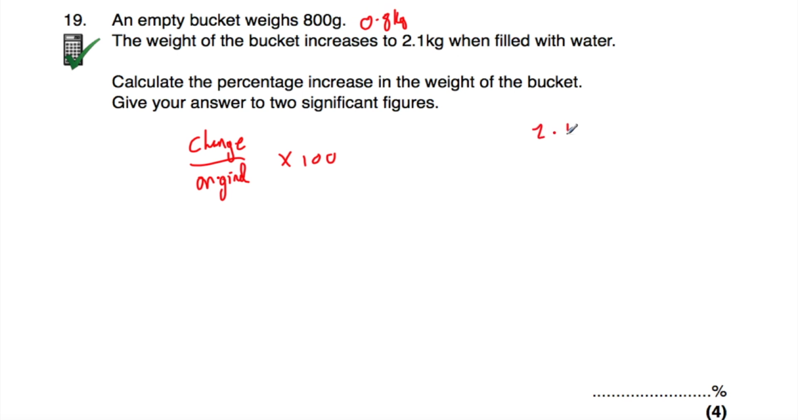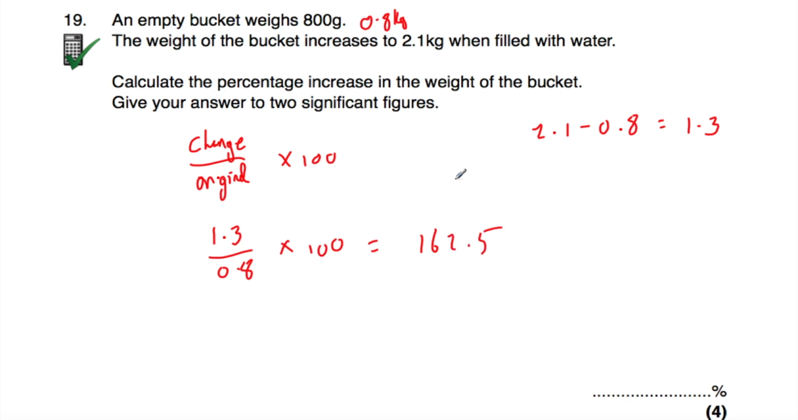So if we do 2.1 take away 0.8, that's equal to 1.3. Now it is a calculator paper, so you could do that on the calculator if you wanted to, but it's actually quite straightforward. 2.1 take away 0.8 would be 1.3. So change, that's 1.3, divided by the original. The original weight of the bucket in kilograms was 0.8, and then times 100. So we just need to do 1.3 divided by 0.8 times 100 and see what we get. So whenever I do it on my calculator, 1.3 divided by 0.8 and then times 100, that's equal to